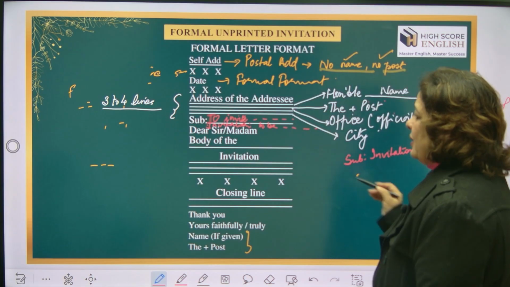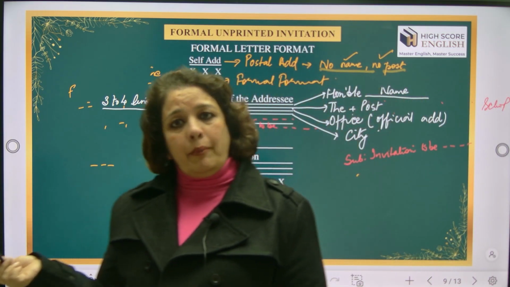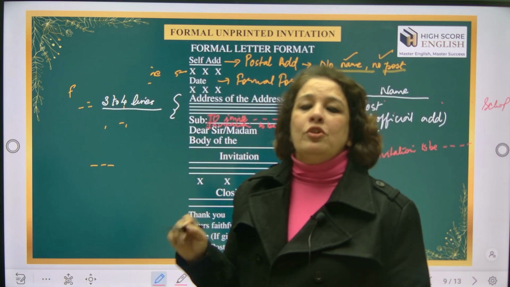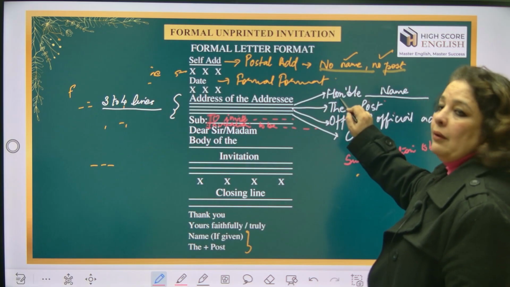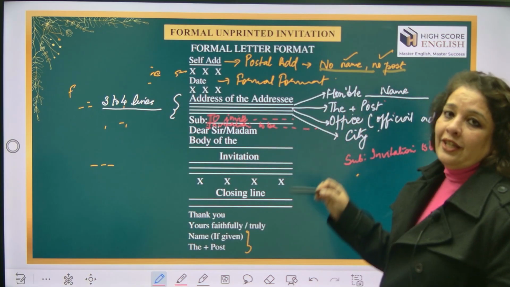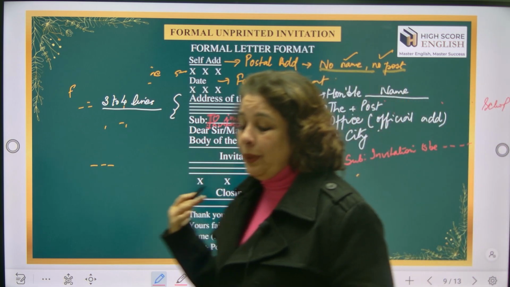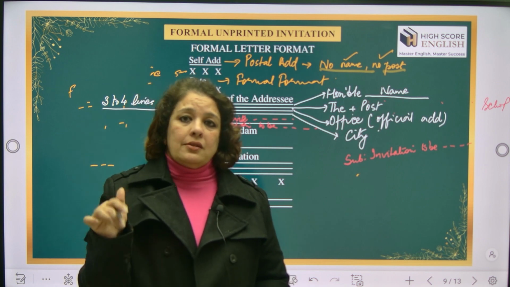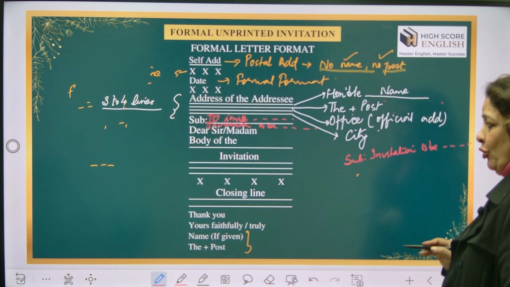After you have done this, then we give the salutation. Either dear sir or dear ma'am. Okay, it's up to you. You can put a slash, and you can put both the things also, because if you are not sure, if the name is there, then you know whether you're writing to sir or you're writing to ma'am. But if the name is not there and you're not sure whether the person holding this position is a male or a female, then you can write sir oblique madam. Both are correct. Okay, nobody is going to deduct mark for that.